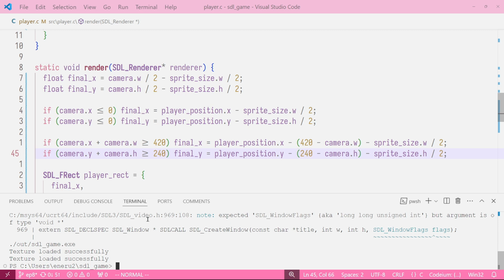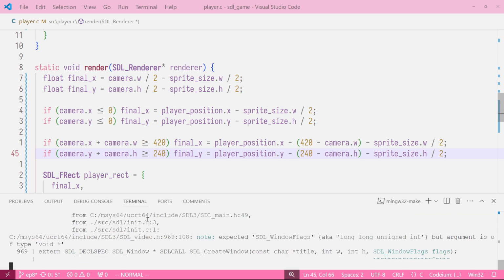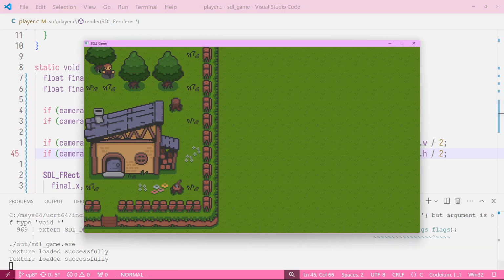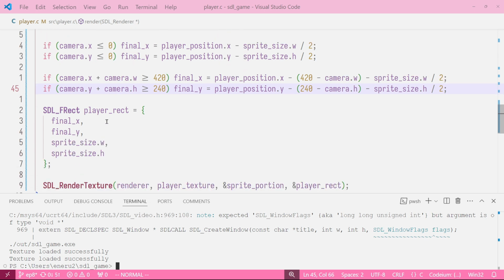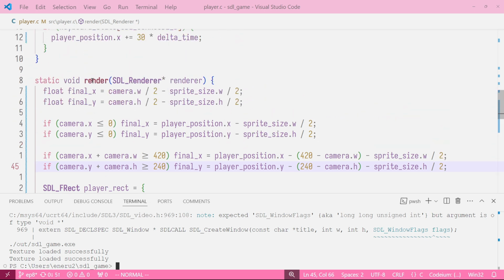So we can try to compile our game and see what happens when we run it. Our player is up there. We move. And we are quite broken. Right now I'm pressing A and D and it works, but W and S don't work. Why is this happening? What's going on? So the thing here is that we need to update our camera and our player,